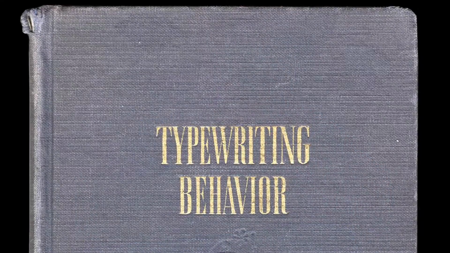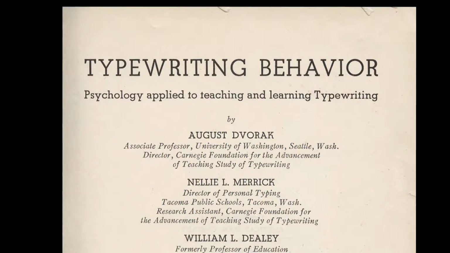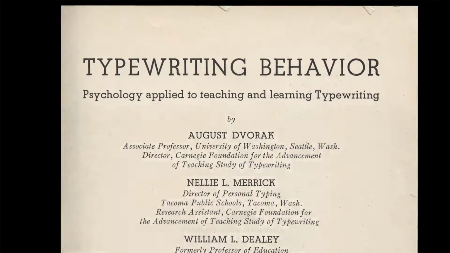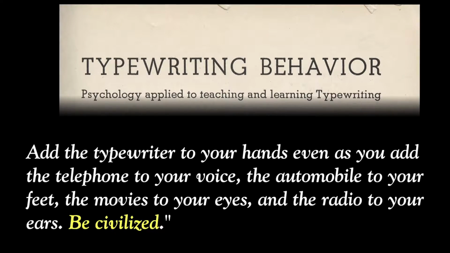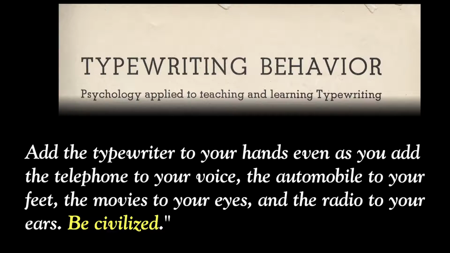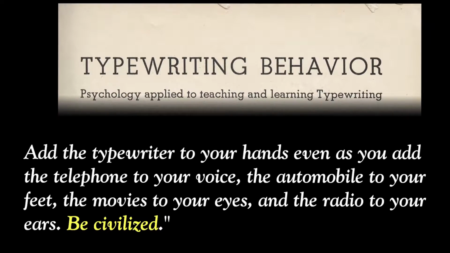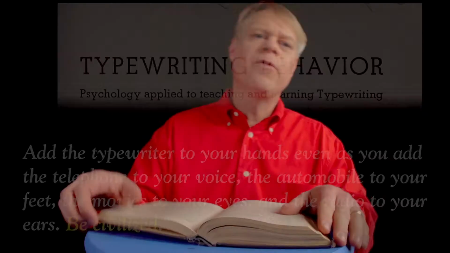To find the principles, I got a copy of his great magnum opus, Typewriting Behavior, from our library. It's light on the principles of keyboard design. It's filled with inspirational motivation for someone learning typing. He even claims that using a typewriter makes you civilized. But as you filter out this kind of stuff, it's throughout the book, you find the origins of his keyboard design. Dvorak's scientific basis came from early 20th century time-motion studies of factory workers, the most sophisticated of which attached lights to workers' fingers, studied their movements, and then worked to simplify the motion.